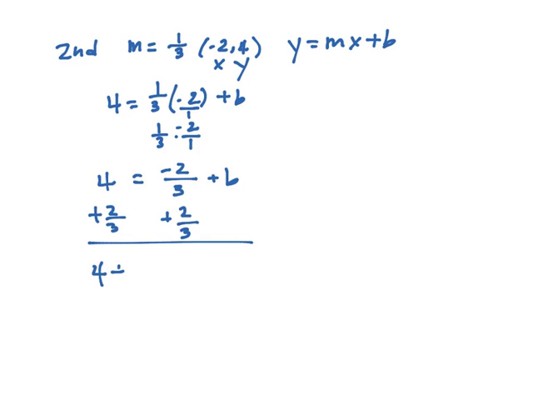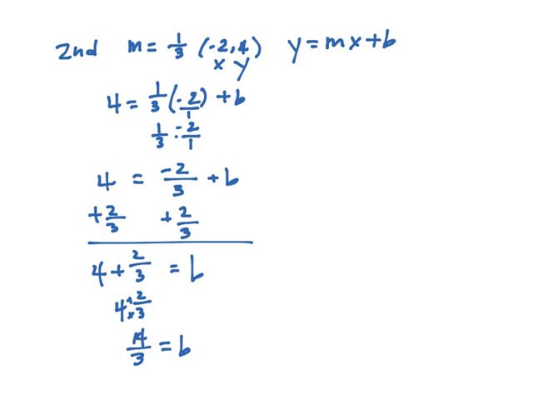Okay, so I have 4 plus 2/3 equaling b. I could just combine those together, and so I have 4 and 2/3, or you can write it as an improper fraction. 4 times 3 is 12. Add the 2. We have 14 divided by 3 equals b. Okay, you can leave it as 4 and 2/3, or write it as an improper fraction, but I like improper